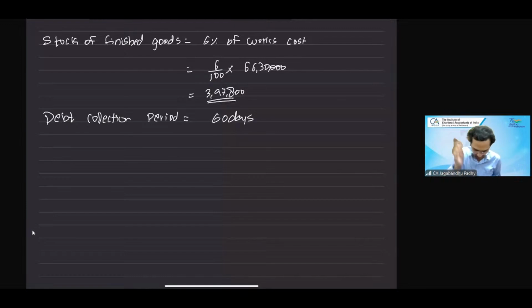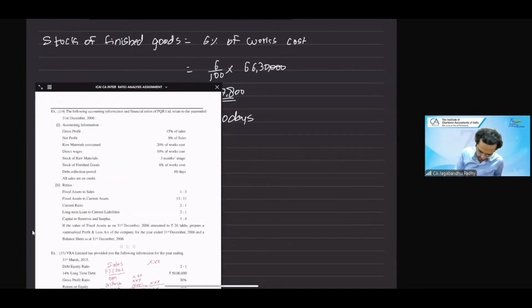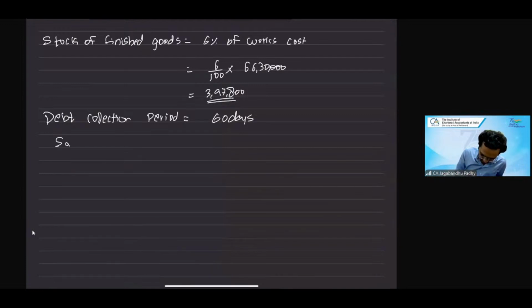So debt collection period is 60 days. How do we get that number? We can simply get the debtors value. So debtors will be